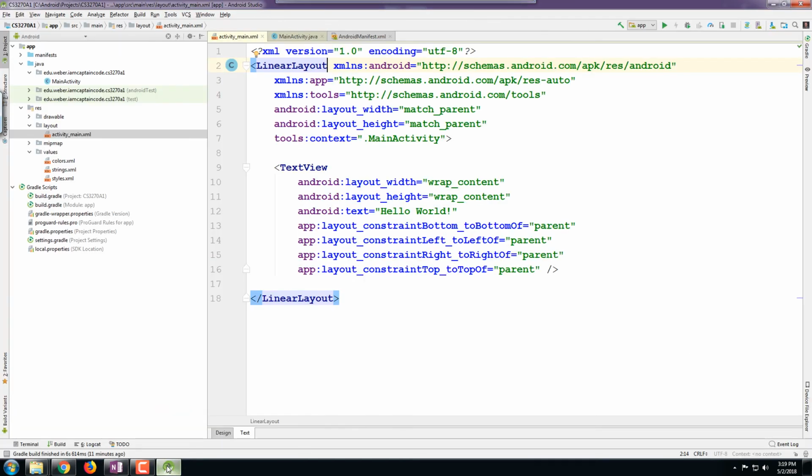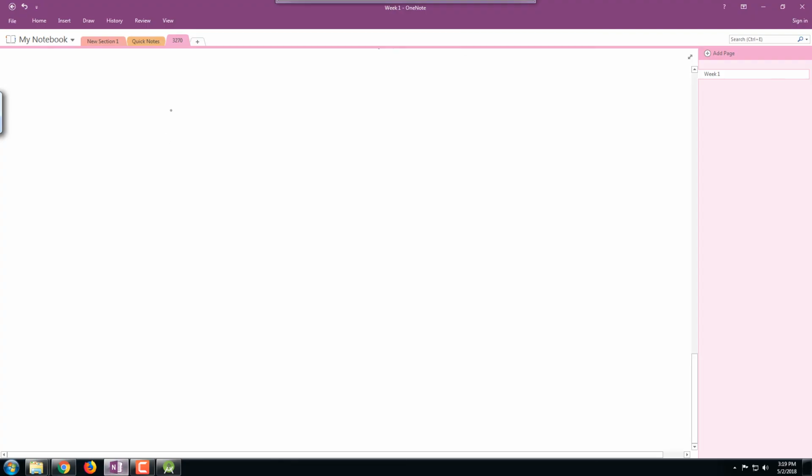Now, we've started on that by providing a linear layout, but let me explain the way linear layouts work. If we had, for example, here's our Android device. Linear layouts have two types, and we're going to define this in just a moment, where we have to tell it it's either horizontal or